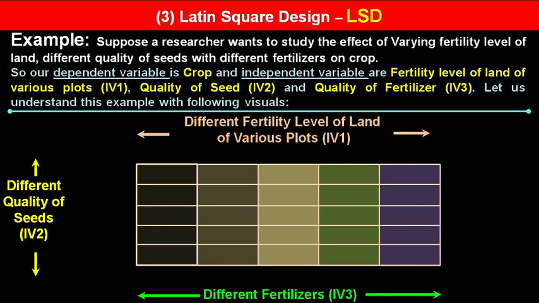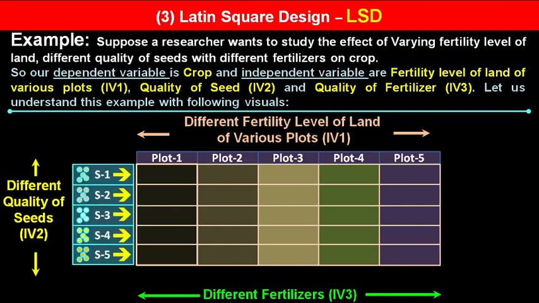Like we have taken different fertility levels of land of various plots. Plot 1, plot 2, plot 3, plot 4, and plot 5. We have taken 5 plots. We have taken 5 quality of seeds, that are seed 1, 2, 3, 4, and 5. And we are using 5 types of fertilizers, that are A, B, C, D, and E. These are the independent variable, and we will see the effect of these 3 independent variables on crop, that is